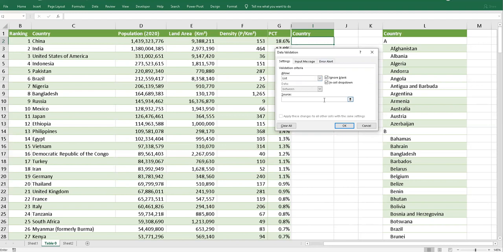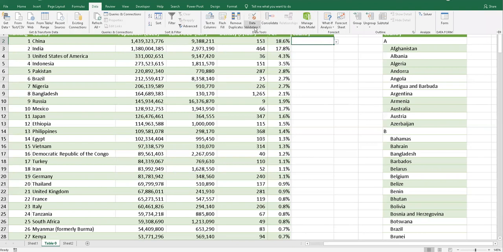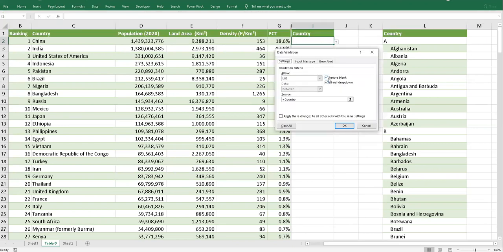Come over here, list, and here we will select equal to and press F3, and it will give you the name of this function. Okay, so far we have done nothing, but it gives you an idea how it has been updated. You see, we have selected all this in ignore blank, in-cell dropdown, and error alerts. It will stop you from everything.